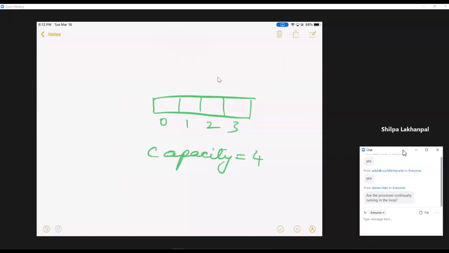And before anything, at the very beginning, the front and the rear are always put at index 0. What happens then is, supposing I want to push an element over here, push 7. Push 7 will put the element at this location where R is, and after that it will do R equals R plus 1.